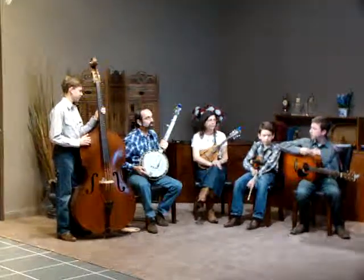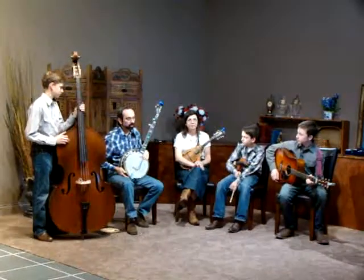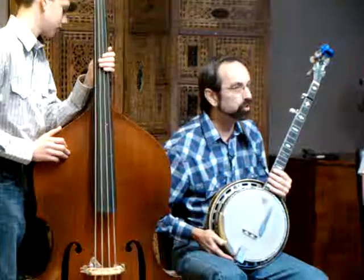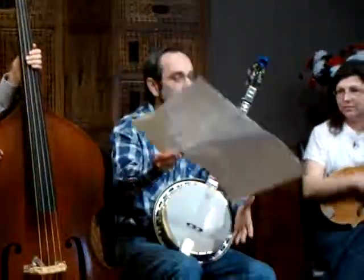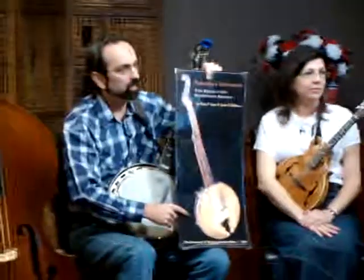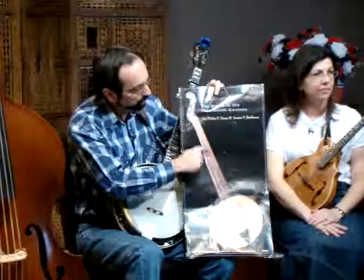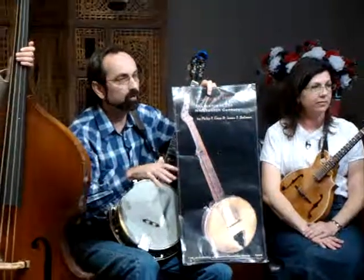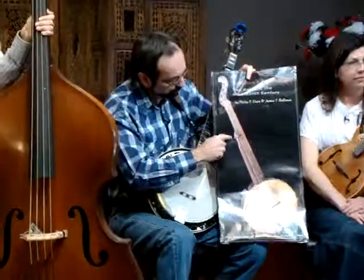This instrument is a unique American instrument, the banjo, and the banjo can actually be traced back to an instrument in Africa called the banjar, B-A-N-J-A-R. I brought with me a picture of one of the first American banjos. You can see how this banjo was made out of wood, and the unique thing about the American banjo, what separates it from the banjar and other banjos, was that in about